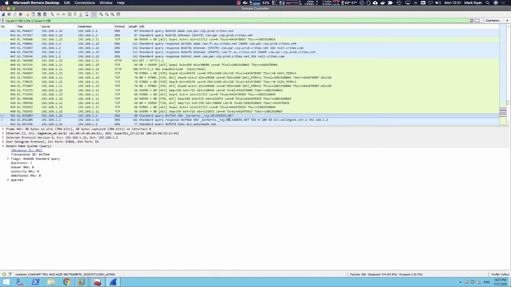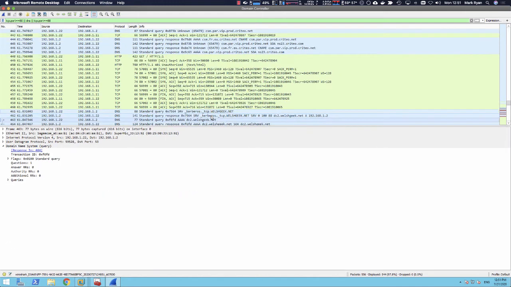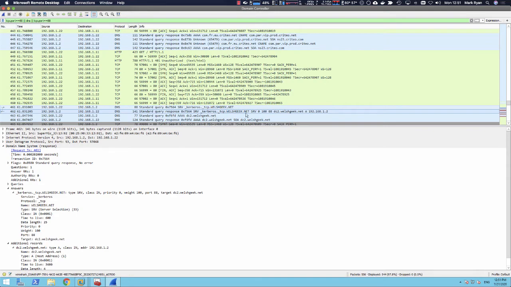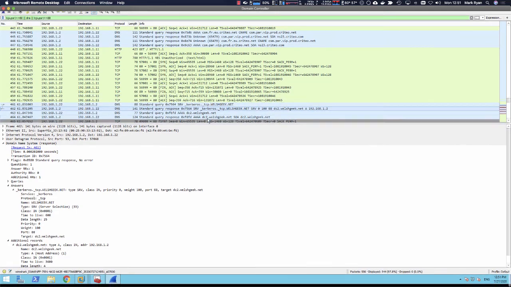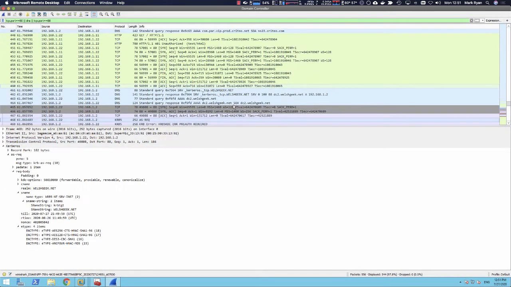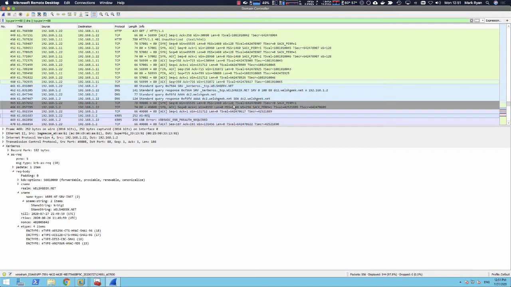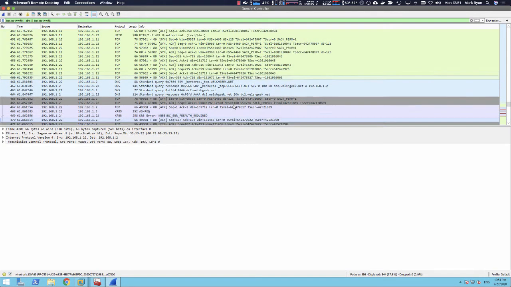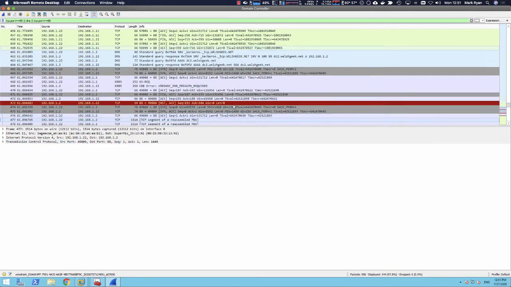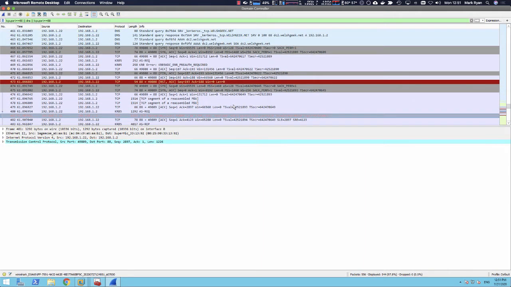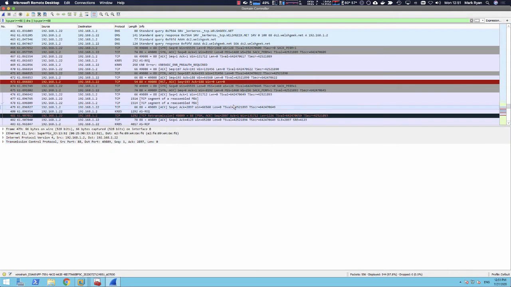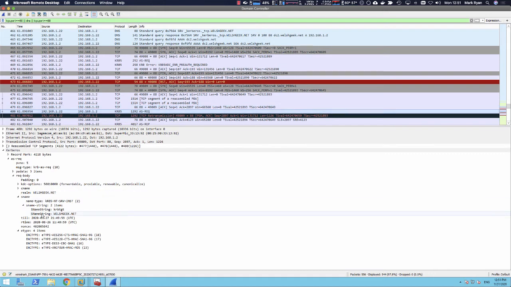So it built that from the realm, and it goes, okay, I'm going to query the top of the realm. Give me the KDC, and the KDC is this server here, 1.2, and so we try to get a Kerberos ticket. It says pre-auth required, and then it says, okay, let's get another request, but this time